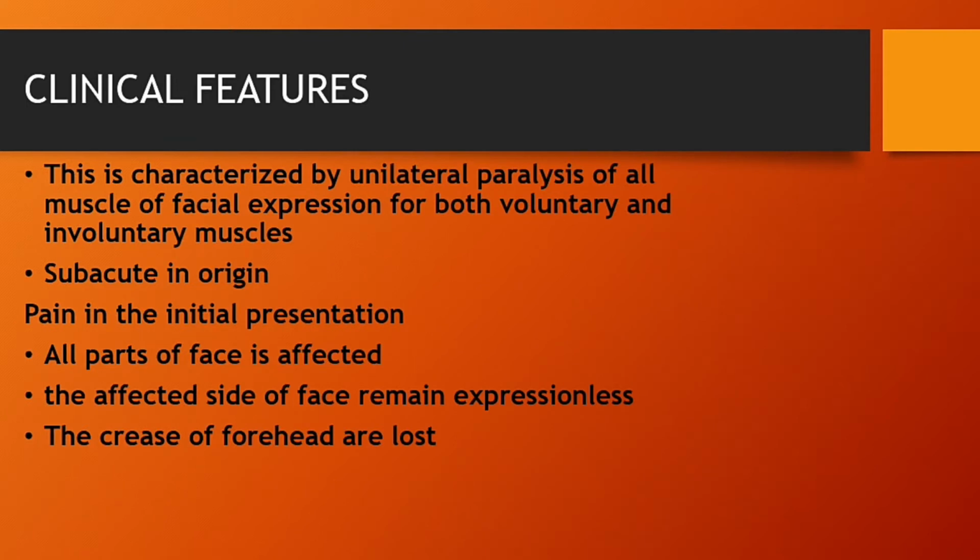Now let's see the clinical features of Bell's palsy. The first one is it is characterized by unilateral paralysis of all muscles of facial expression, both voluntary and involuntary muscles. So in Bell's palsy, there is paralysis of all voluntary as well as involuntary muscles, and it occurs on only one side of the face, and it is subacute in origin. That means it neither occurs too fast nor too slow. So it occurs at moderate speed, and also pain is in the initial presentation. So initially we feel pain, but later it fades away,